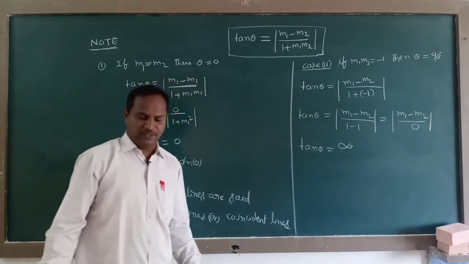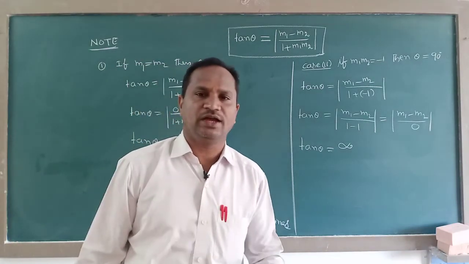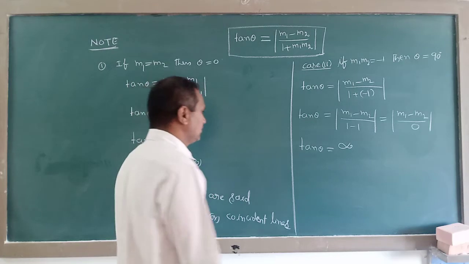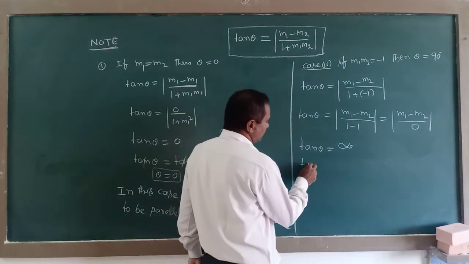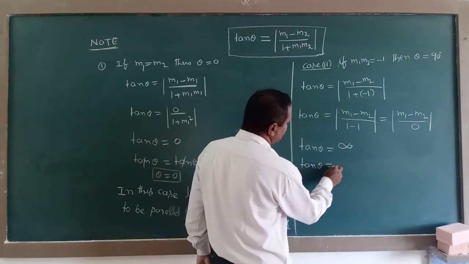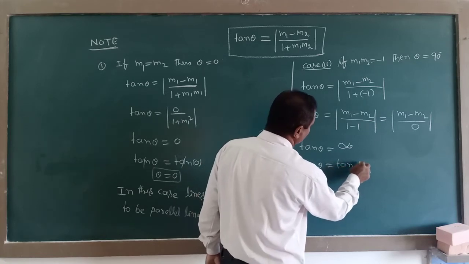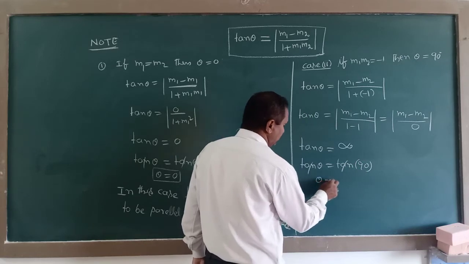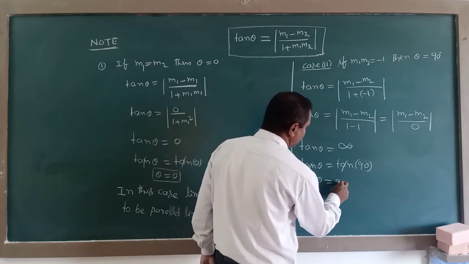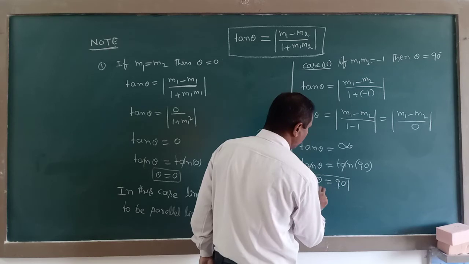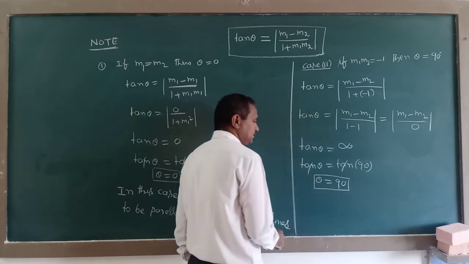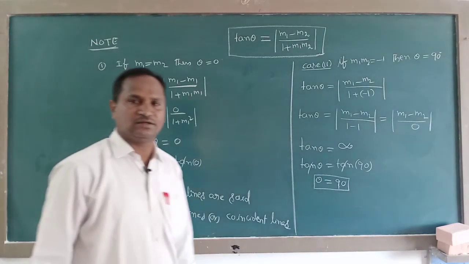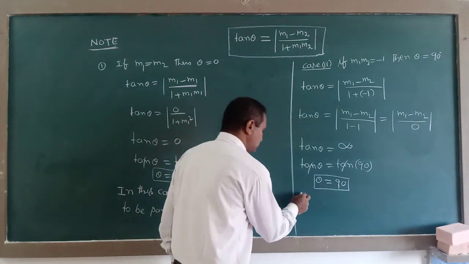Now we are going to compare: infinity is the value of the tan function for which degree? About that, now we'll discuss. Here tan theta is equal to infinity is the value for tan 90 degrees. Now tan gets cancelled, then we can write here theta is equal to 90 degrees. In this case, lines are always perpendicular to each other. Now we can write in this case,